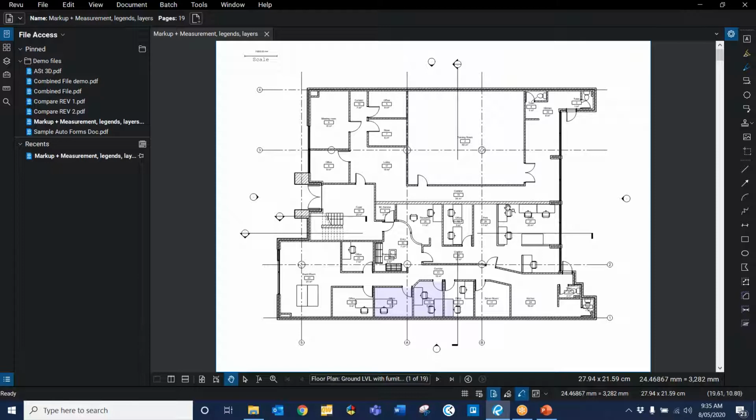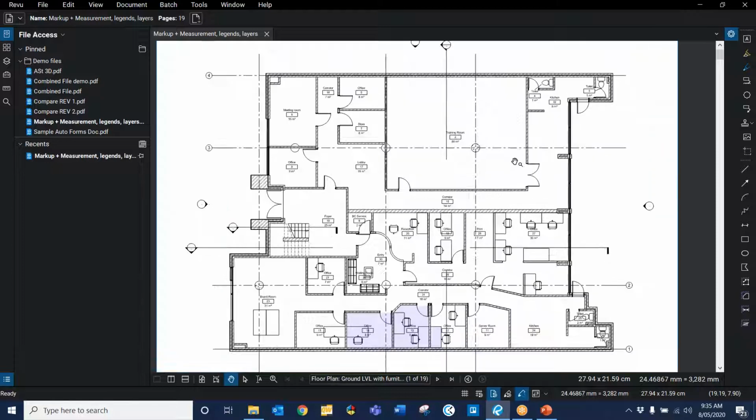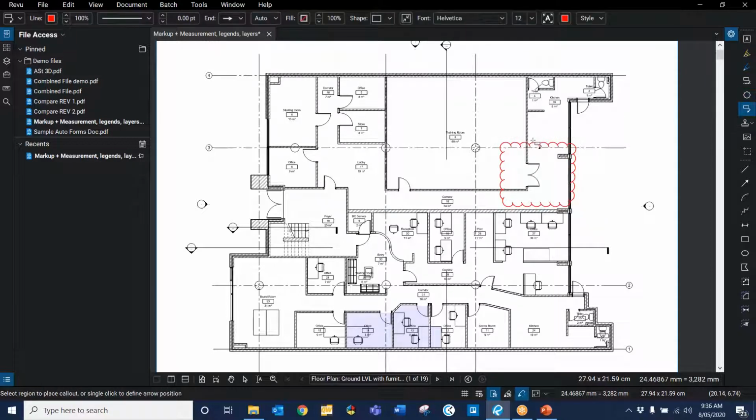First thing we have, generally most people use Bluebeam to do their markups on drawings, whether it's things that they need to review or change, or the idea is to replace paper with a PDF and be able to do things a lot neater so everyone can read them and it gets there a lot quicker. So most people use the clouds to do their reviews, draw a cloud, and then you can do your call out to your cloud,